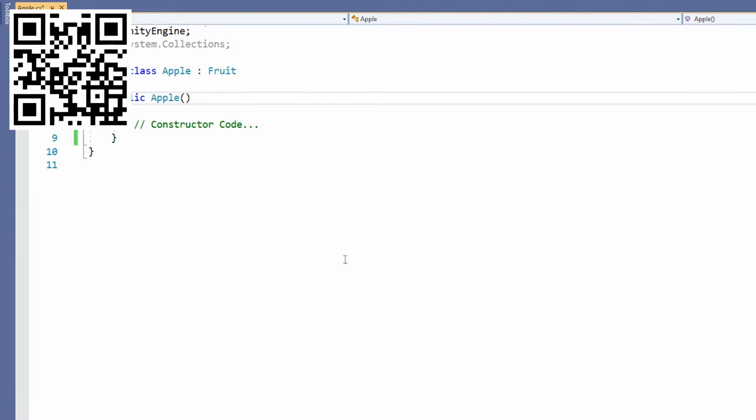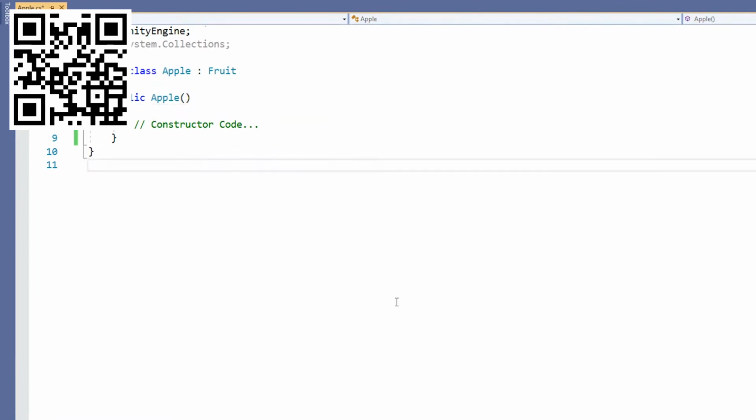By following the parameter list of the child's constructor with a colon, you can explicitly call a specific constructor of the base class using the keyword base and the base constructor's parameter list. If the base class's constructor is not called explicitly, then the default constructor will still be called implicitly.